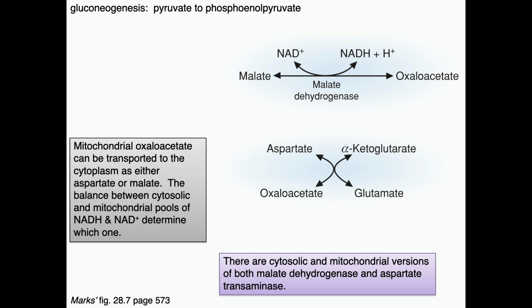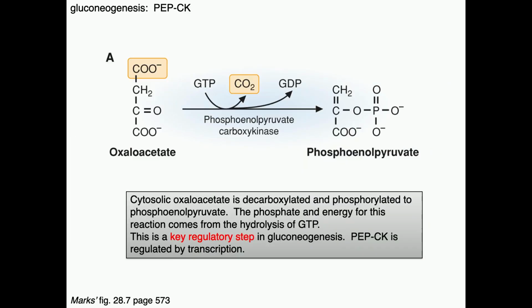Okay, so oxaloacetate in the cytosol then, that is the substrate for the key rate-limiting step in gluconeogenesis. So the phosphoenolpyruvate carboxykinase step, this is rate-limiting for all of gluconeogenesis. And the major way that it's regulated is through transcription of the phosphoenolpyruvate carboxykinase gene. Okay, so transcriptional regulation and modulating the level of expression of the enzyme is the major way that gluconeogenesis